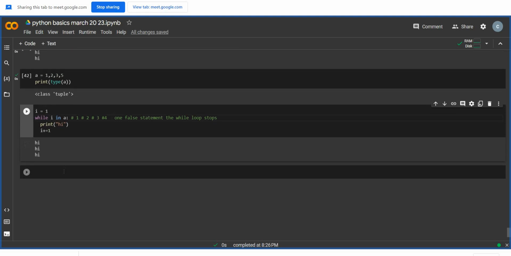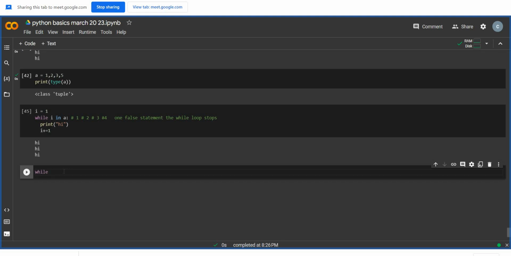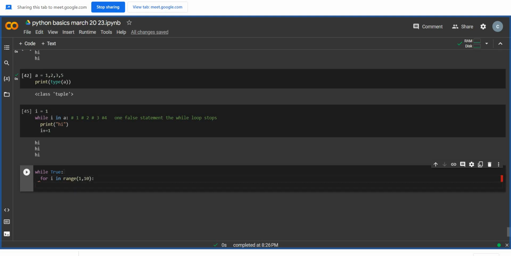But now we are clear with while loop. Let me use a combination of these loops. While true, it also requires a bool value, like if. I already told you it is a multiple loop, but if is a single time condition. While true, for I in range of 1 comma 10, print I,